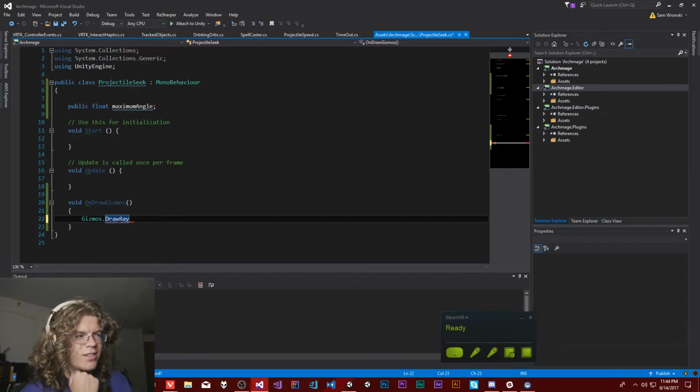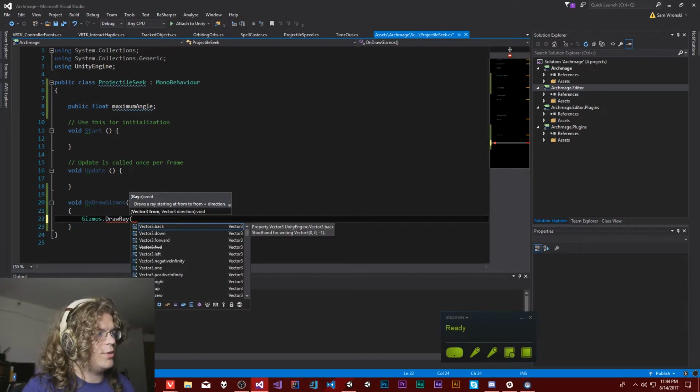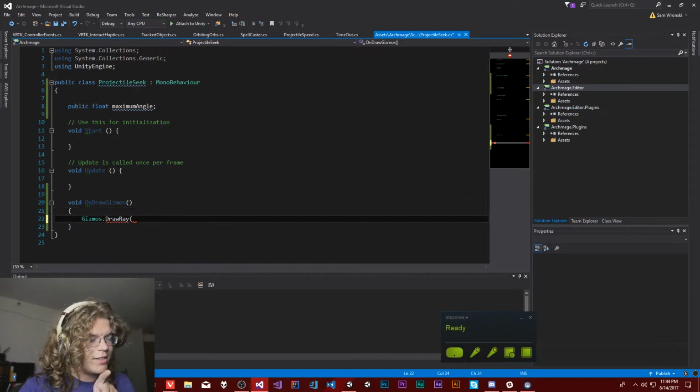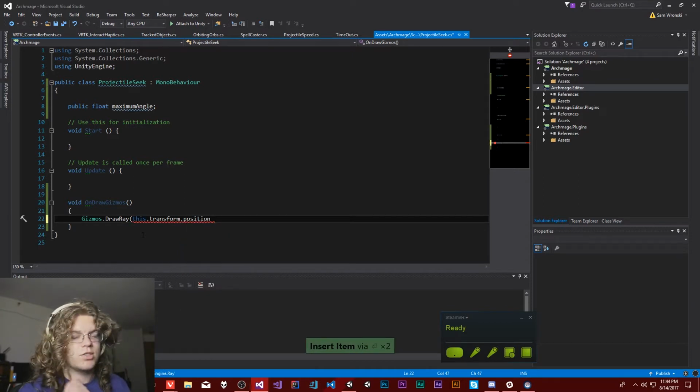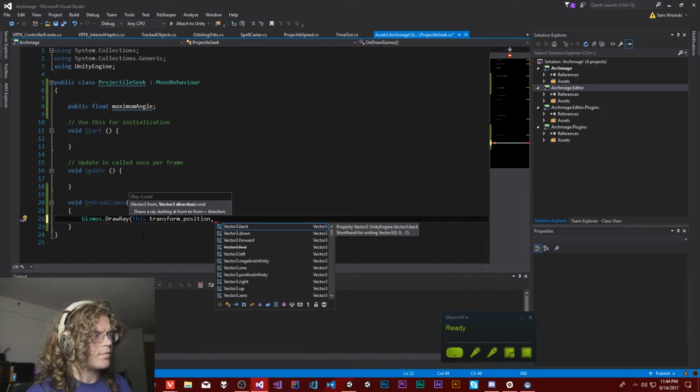This is going to be kind of hard because we're going to have to do some matrix transformation. Effectively, I'm going to draw a cone on the z, going along the z-axis, along the forward axis, and then I'm going to transform it into the object space. So effectively, everything is going to be origin, this transform dot position, right at the center, and then we are going to move it forward. So it's actually going to be a Vector3 dot,